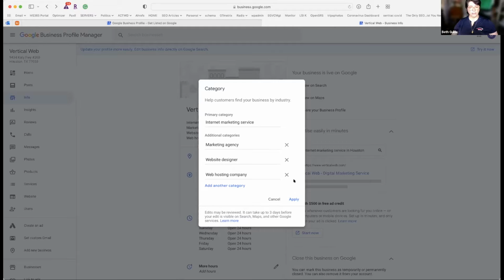You'll notice these categories say I'm a web designer, not that I do web design, and to me those are two different things. A website designer sort of demeans what we do, because we design websites and build them technically. I can't get that in this area, so I had to pick and choose.